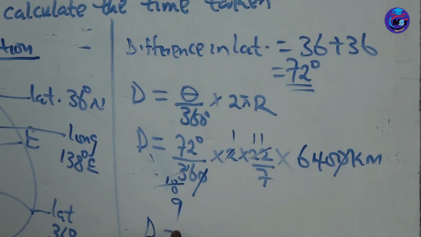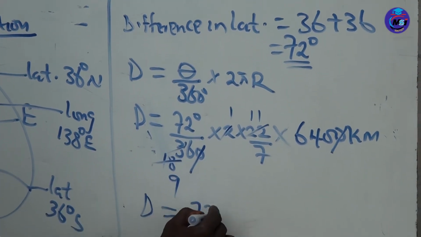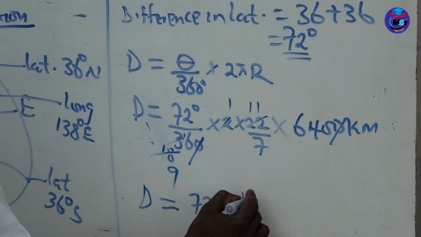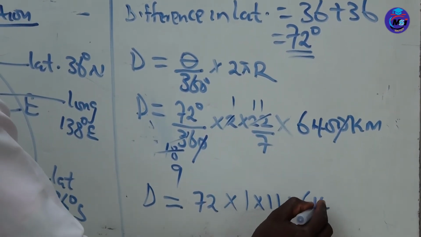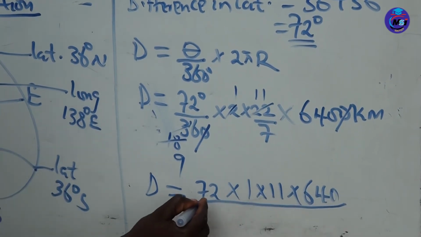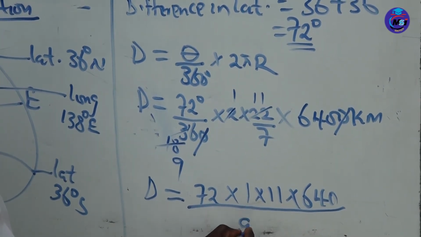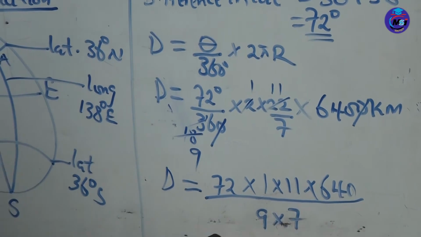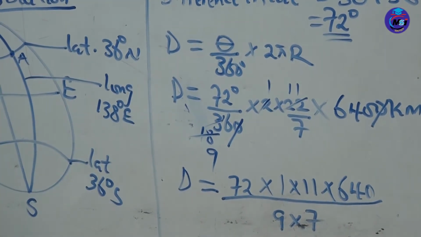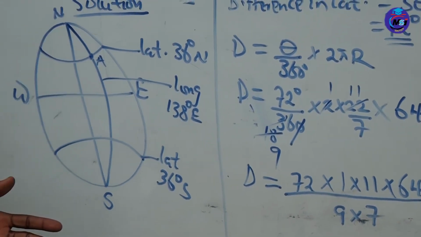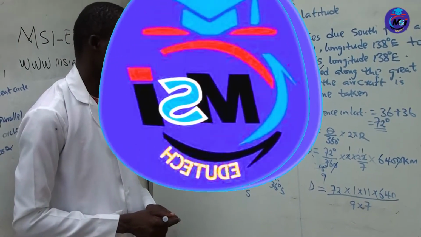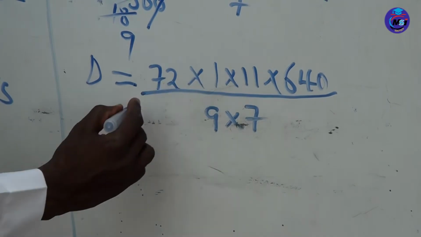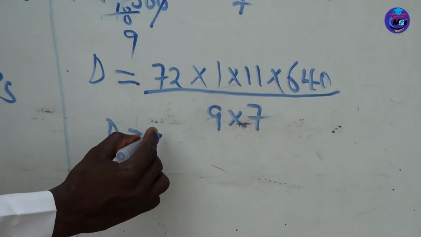Distance will give you 72 times 1 times 11 times 640, divided by 9 times 7. Okay, now let's multiply this. We want to multiply this. Let's see what we get. Okay, class, if we multiply this, D will give us